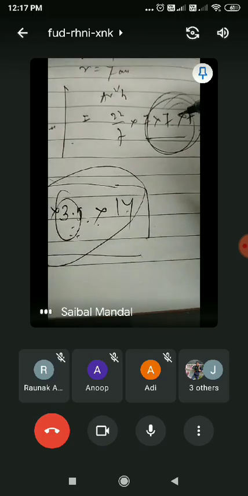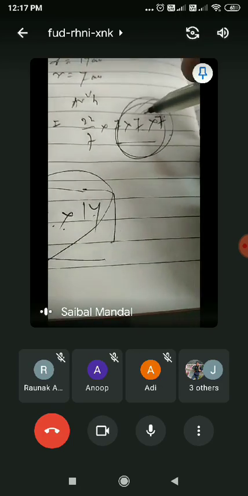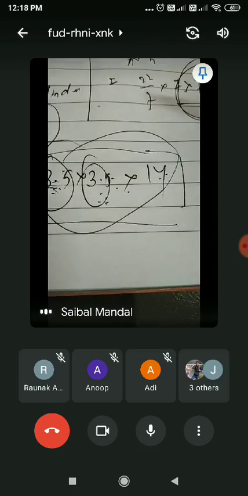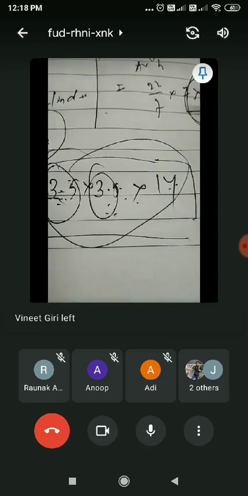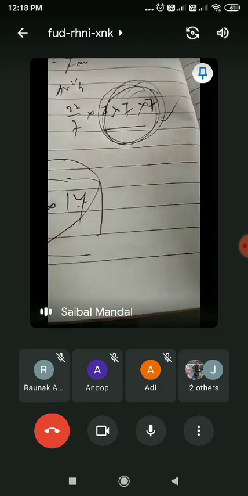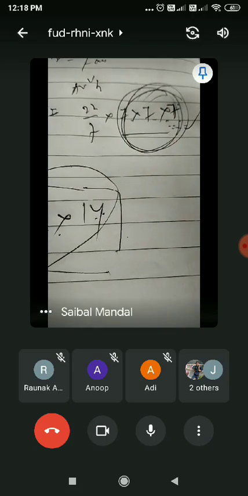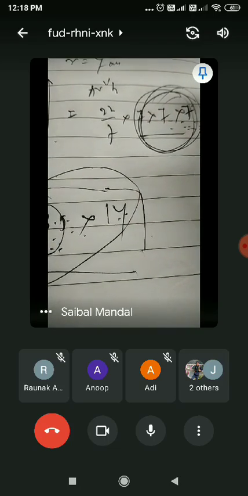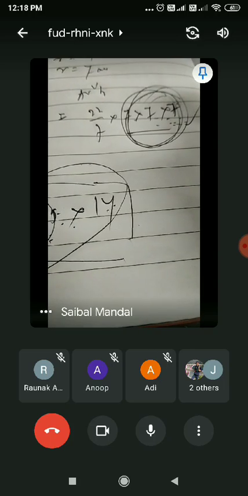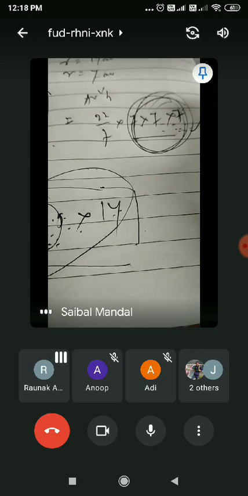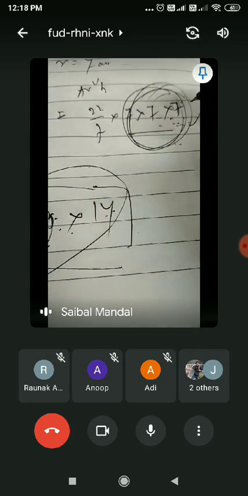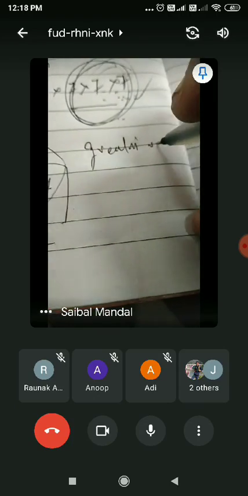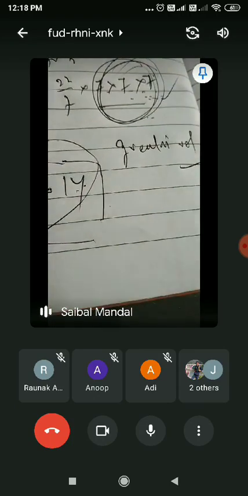Which one has got greater value? Product of 7, 7, 7 or product of 3.5, 3.5 or 14? Of course, the product of 7, 7 and 7 will be larger. Okay? Yes, children? Cylinder B. Cylinder B has got greater volume.